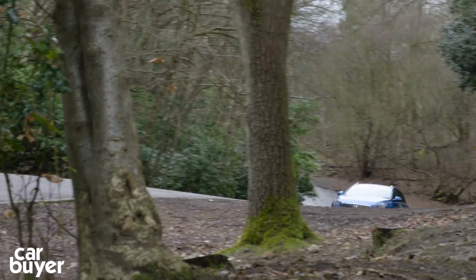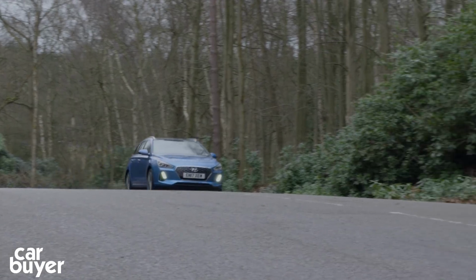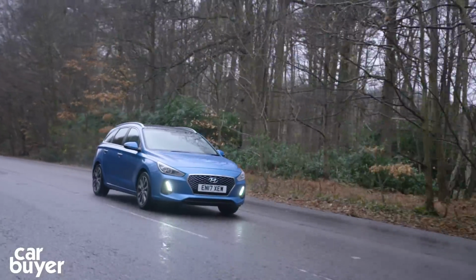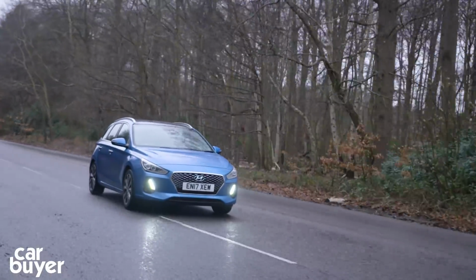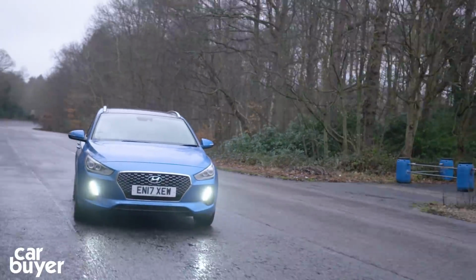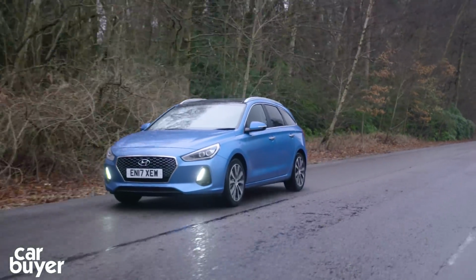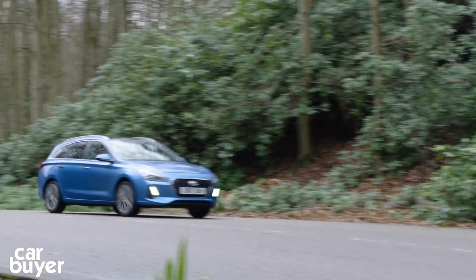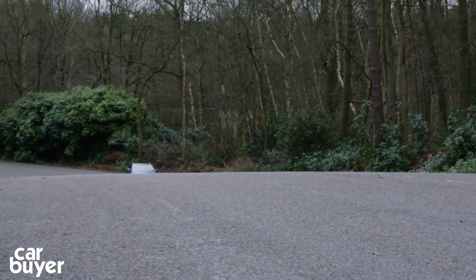The 1 litre is the most frugal of the petrols, returning a claimed 54.3 mpg and 115 grams per kilometre of CO2, but the 1.4 petrol isn't that far behind. Unsurprisingly, it's the least powerful diesel that's the cheapest to run, with its 74.3 mpg and CO2 emissions of just 99 grams per kilometre. The i30 Tourer's priorities are practicality, space and safety, so it won't be a big surprise